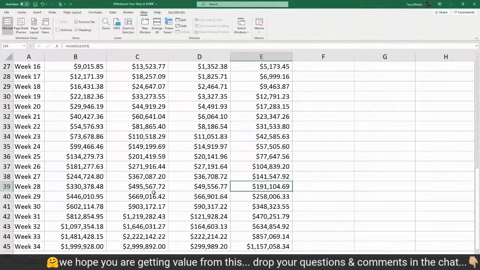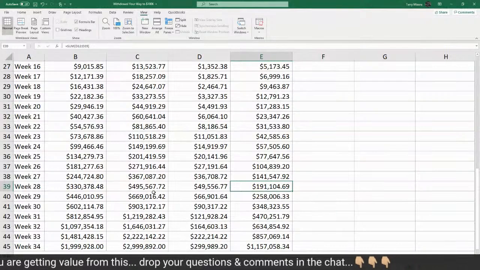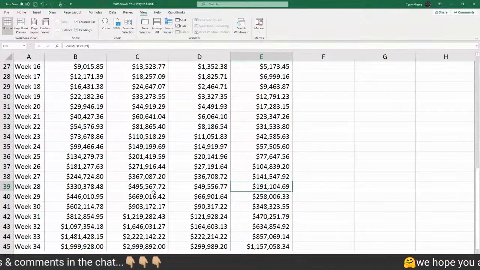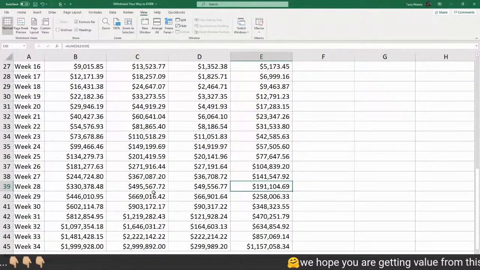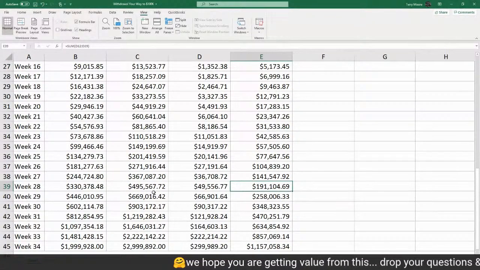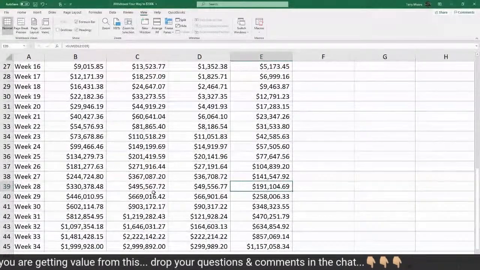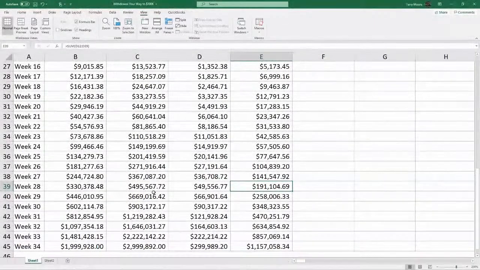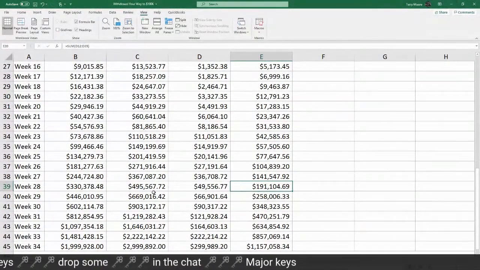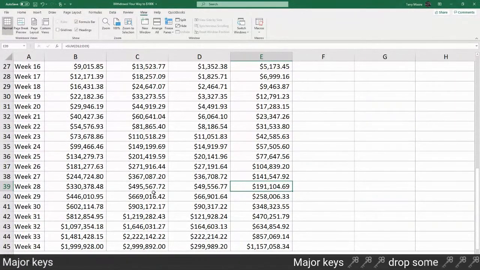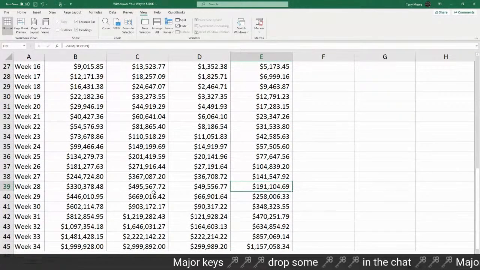In fact, I wrote this down. Our CEO said it. I was watching one of the calls this morning. He said it doesn't matter what kind of business you're in or what you're doing. When you're receiving an income, you can trade it in the markets and create your own cash flow. And that's the beauty of what we're teaching. So it doesn't matter what you do. If you work at McDonald's, if you work at a warehouse, if you're a CEO of a major company, if you are creating an income, you can now trade it and create your own cash flow.